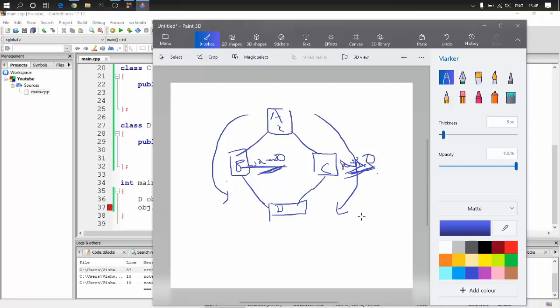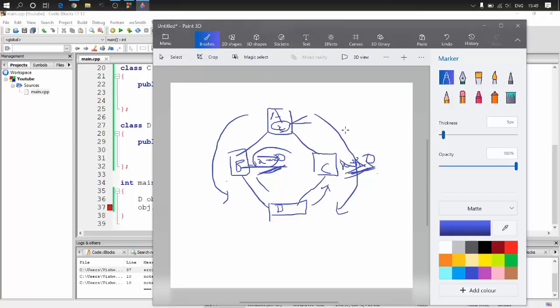So this is the main problem, which is called the diamond problem. The thing is, it doesn't know which path to take. Should it change X through B, or should it change X through C, or basically should it change the X over here or not? Should two copies be created of X, which will lead to ambiguity?